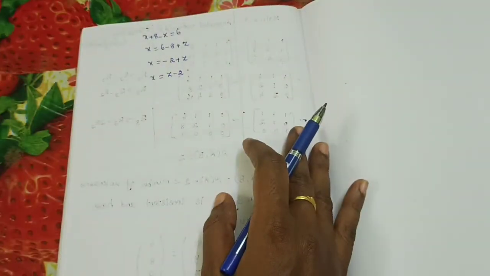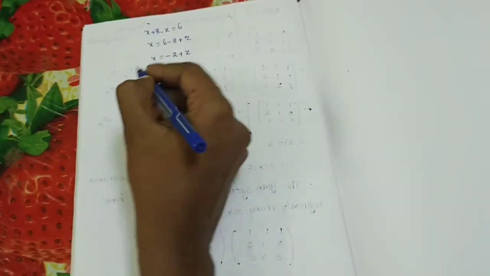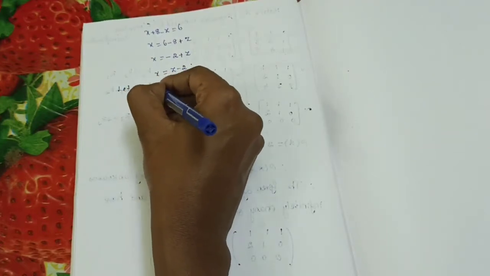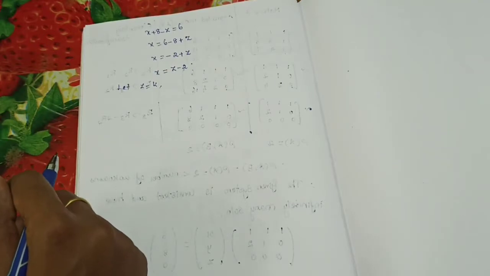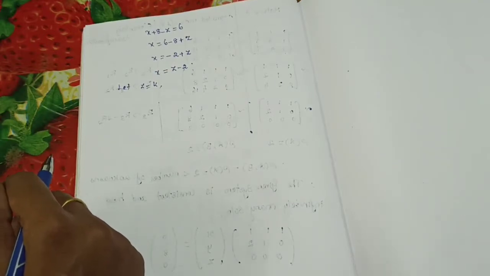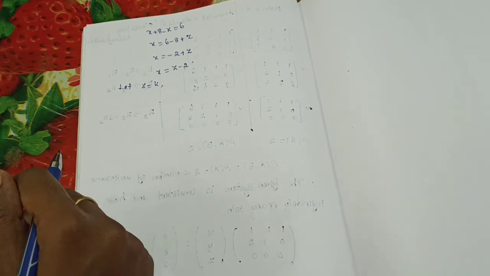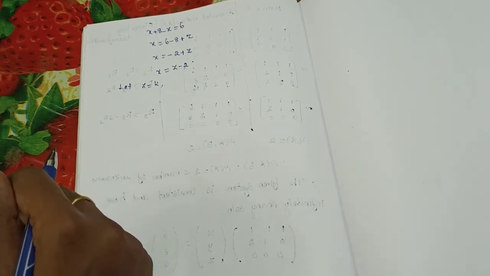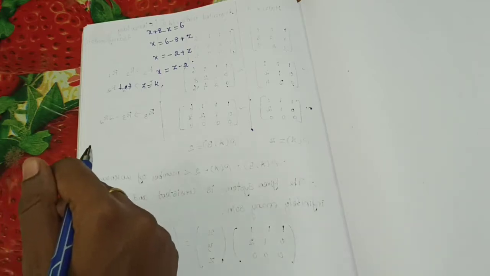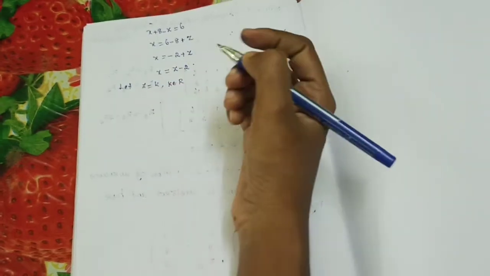So same thing here also, we are going to assume let z is equal to k. Understand? Two variables means only one equation we will obtain. So for the second one, what will you do? The second unknown variable you will assume as k. So here three unknown variables are there, and here the third unknown variable you are assuming as k. Understand? That's the only difference. This k belongs to R.